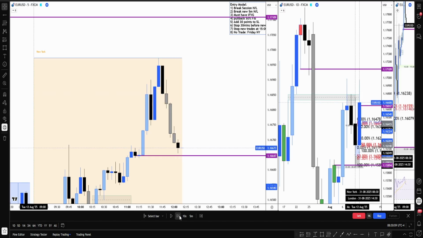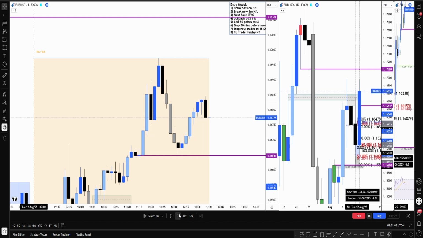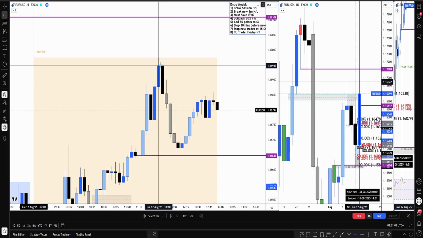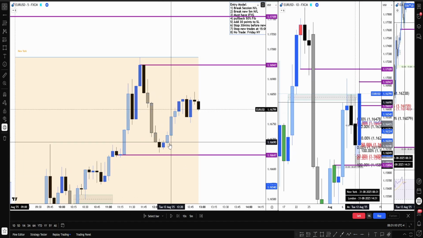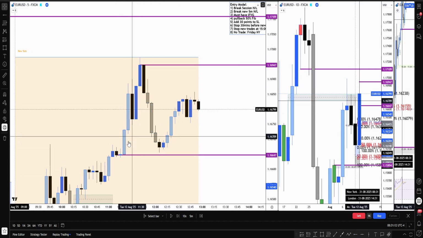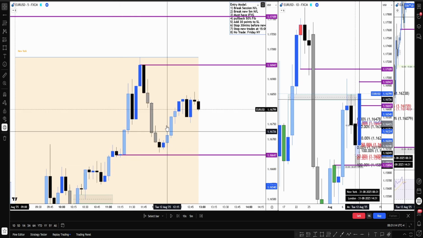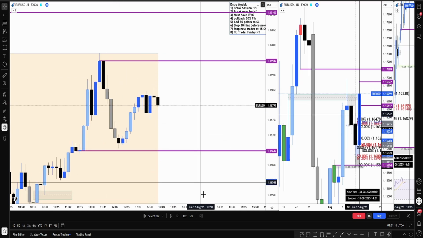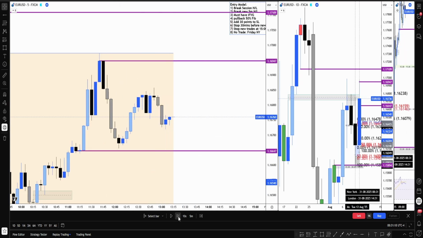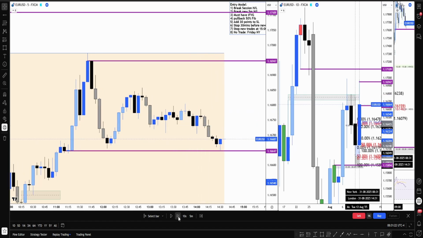All right, what are we waiting for? We're waiting for a close below that candle. Remember, whatever is happening now inside this area is internal structure, because this is a new low that was created with this move up. So we need to focus on this. Whatever is happening inside here, we're not going to be involved. Wow.